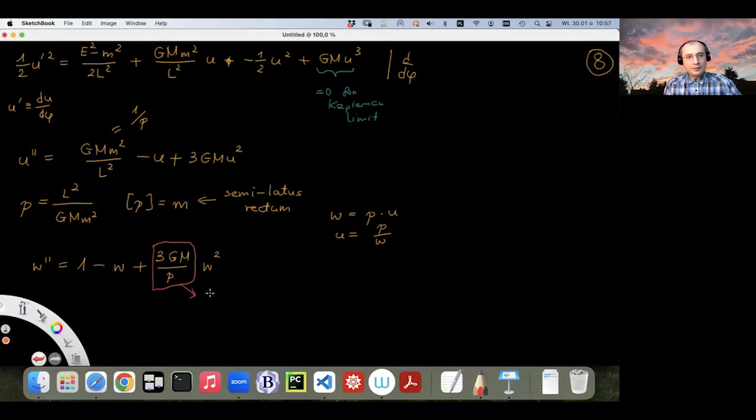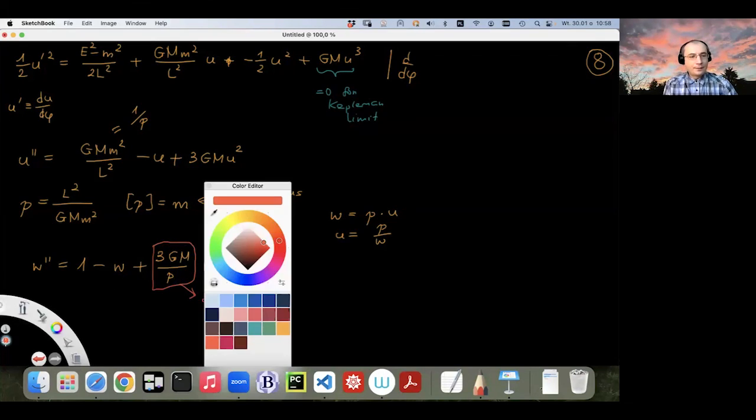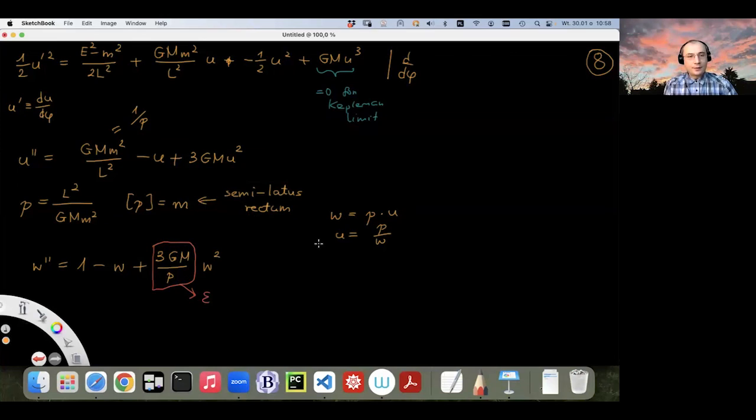We can call it epsilon. And it's a number which roughly tells you how big this orbit is with respect to the Schwarzschild radius or with respect to the mass. If the orbit is very big, P is very large, this perturbing term doesn't really matter. And we can solve the equation. So let's, in the final note, do the following. If epsilon is equal to 0, Keplerian limit, we have W second derivative is equal to 1 minus W. So W is simply equal to 1